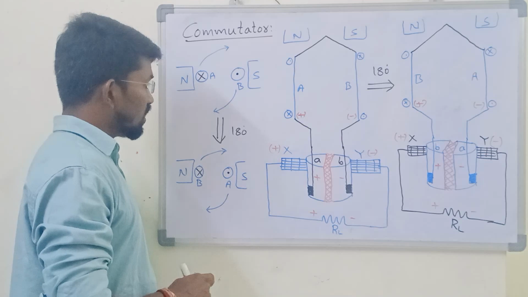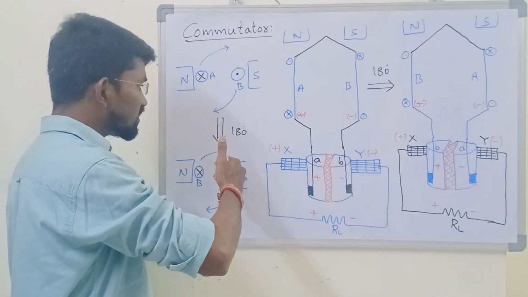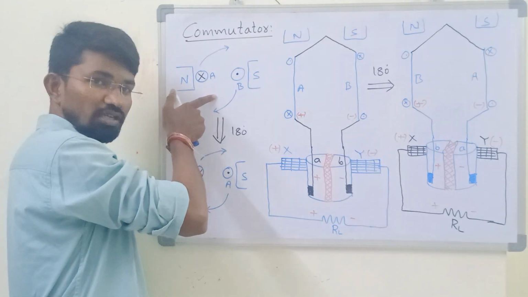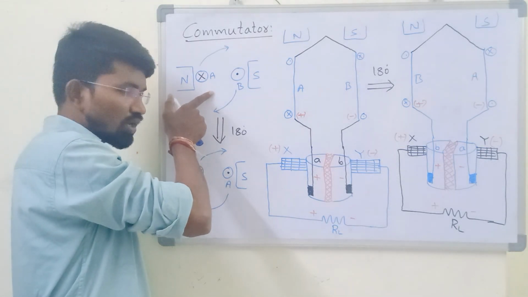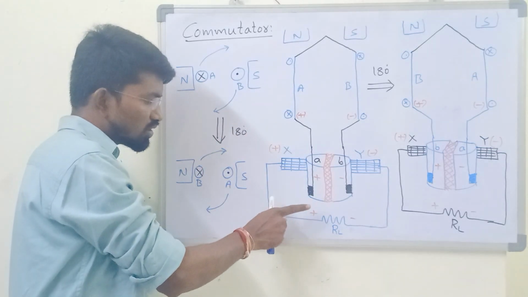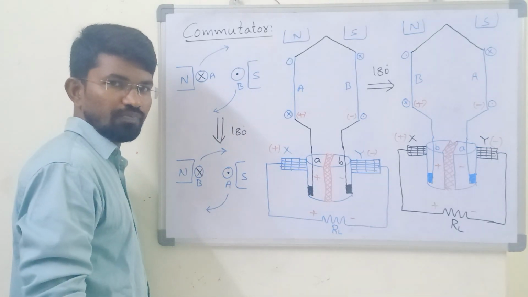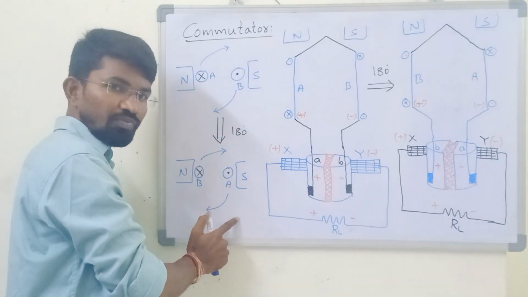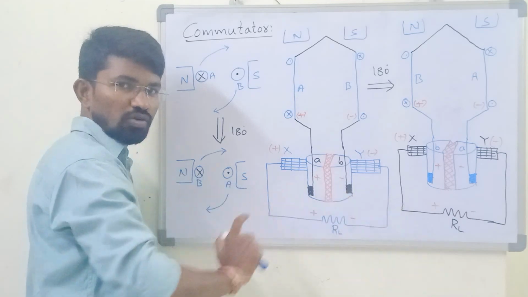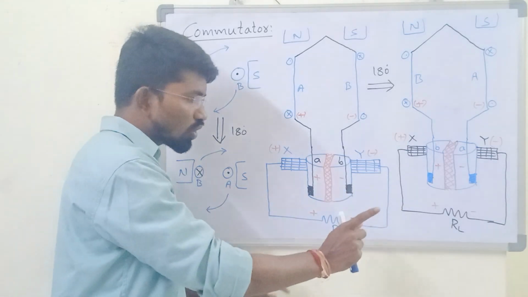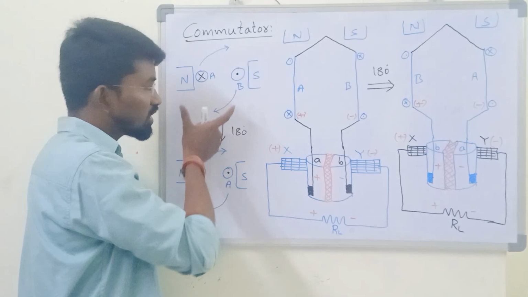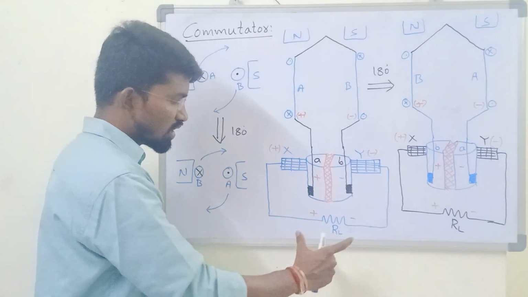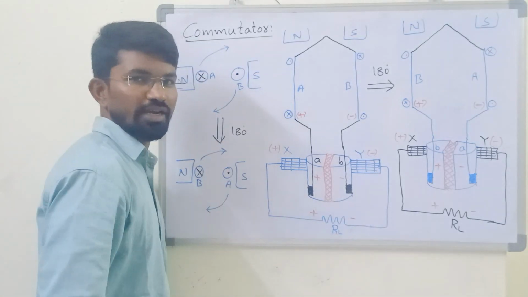Yes or no? Now can you tell me, if I rotate the conductors for one more 180 degrees, now what happens? If I rotate these conductors for one more 180 degrees, again case 1 will come. Yes. Now in case 1, the voltage polarity is not going to change. Yes or no? Now if I rotate the conductors for one more 180 degrees, again case 2 will come. Again the output voltage polarity is not going to change. Then we can conclude that whatever may be the conductor position, the output voltage remains constant. Yes or no? That means the output voltage is definitely a direct voltage.